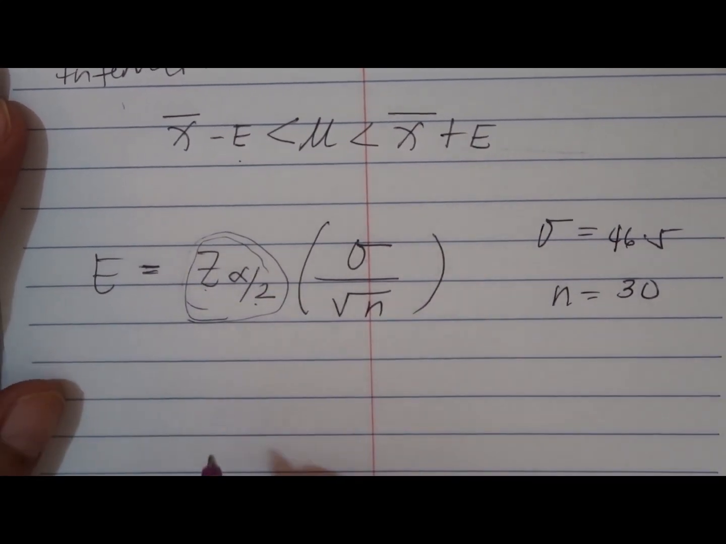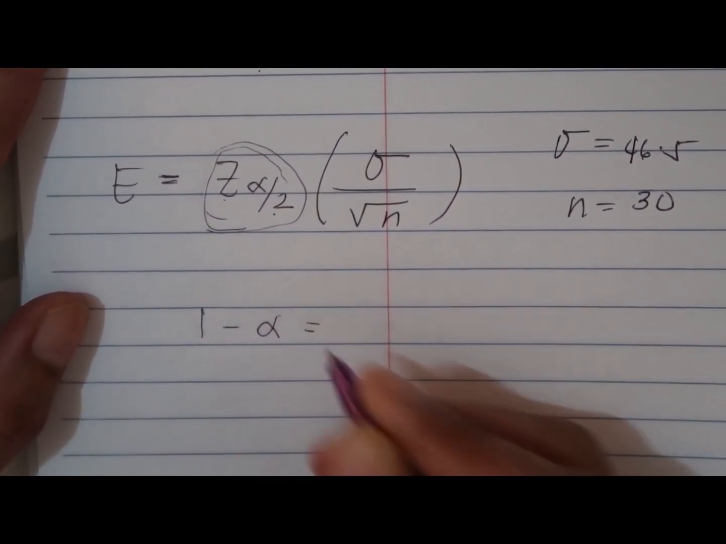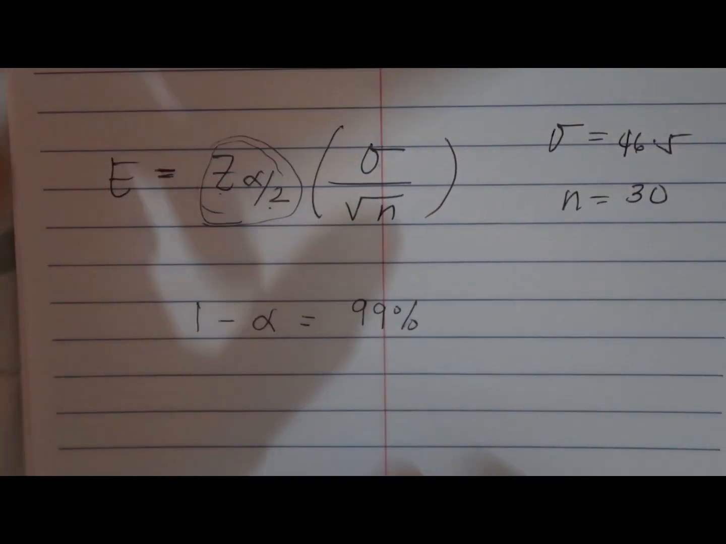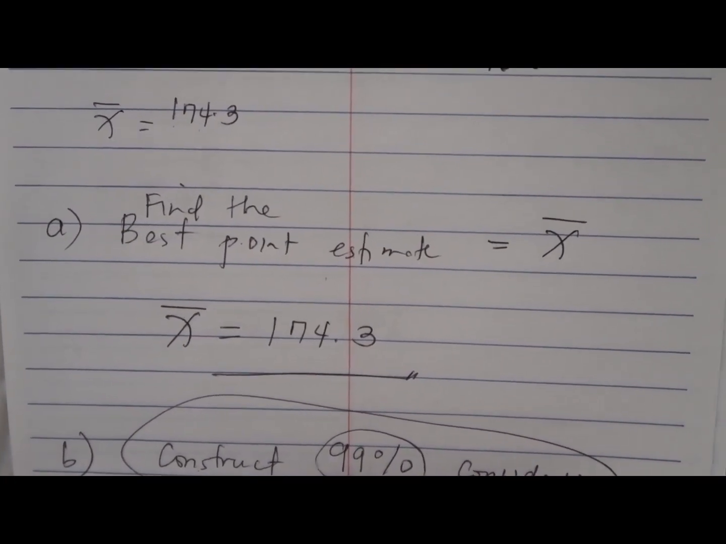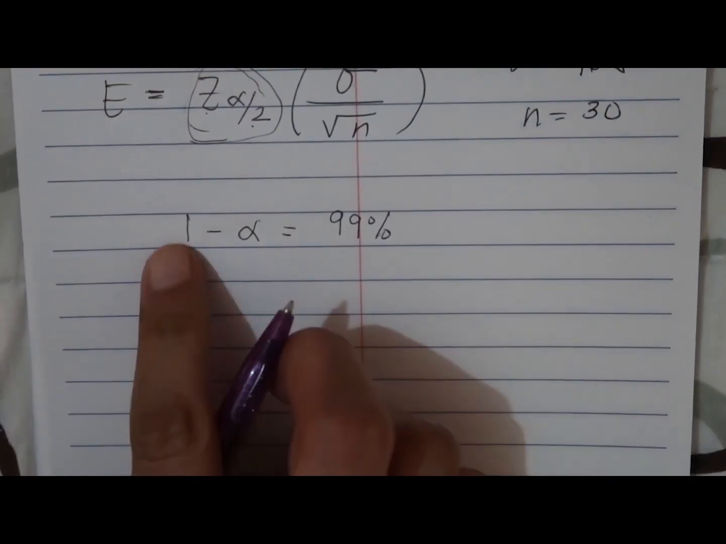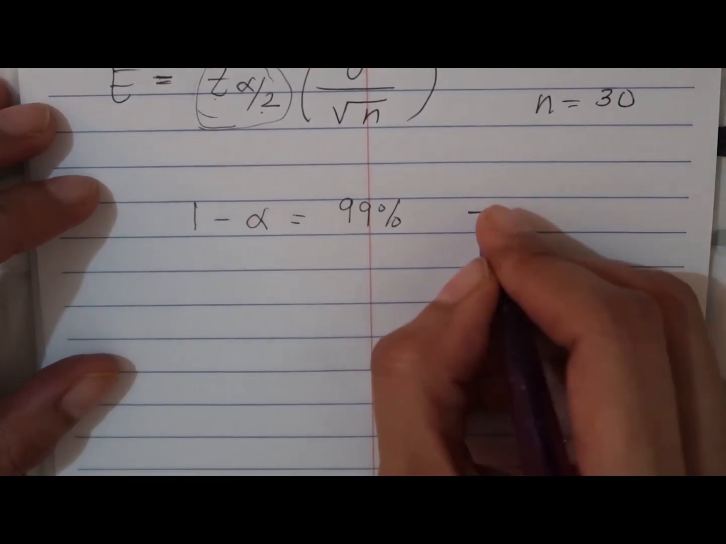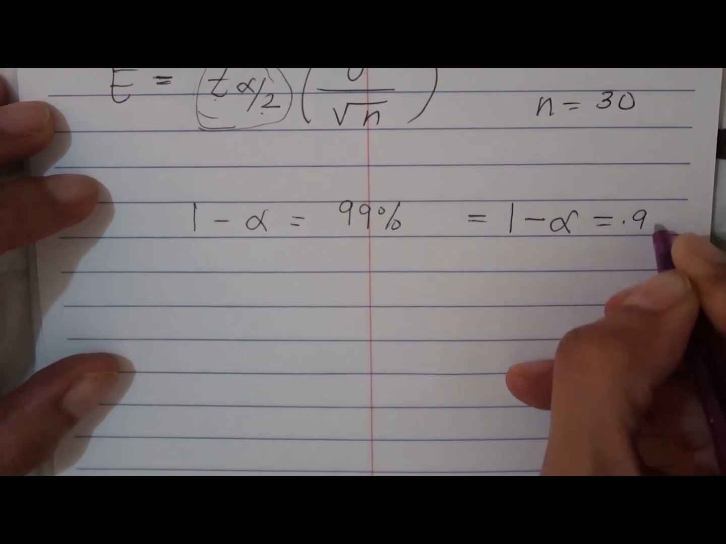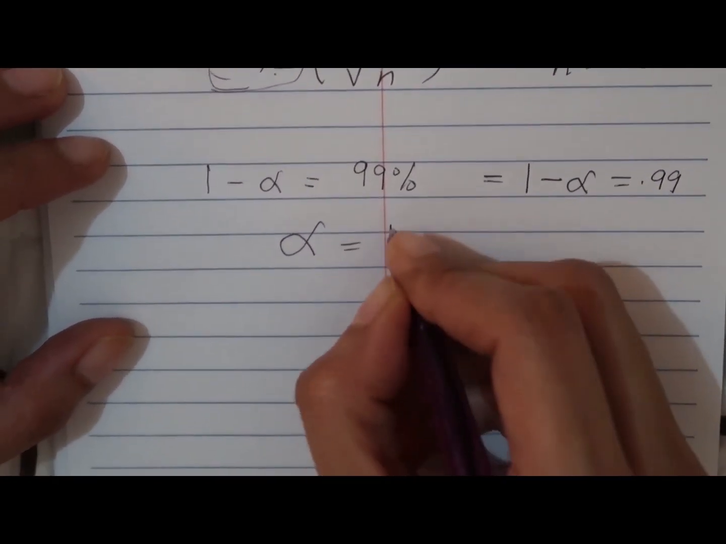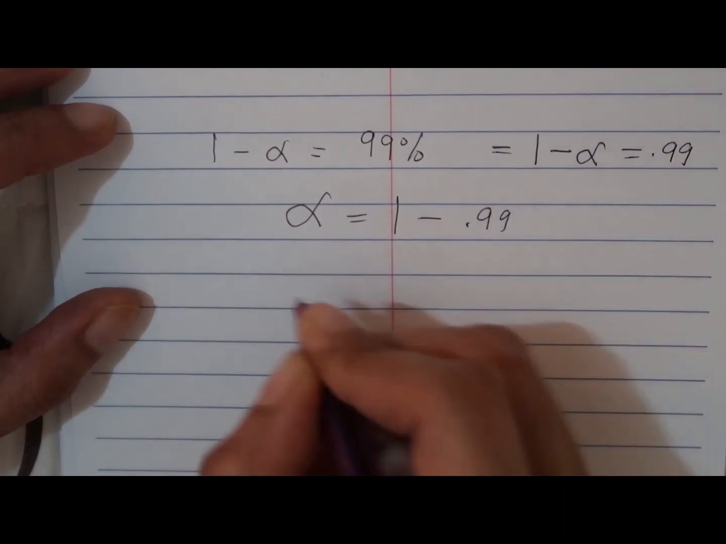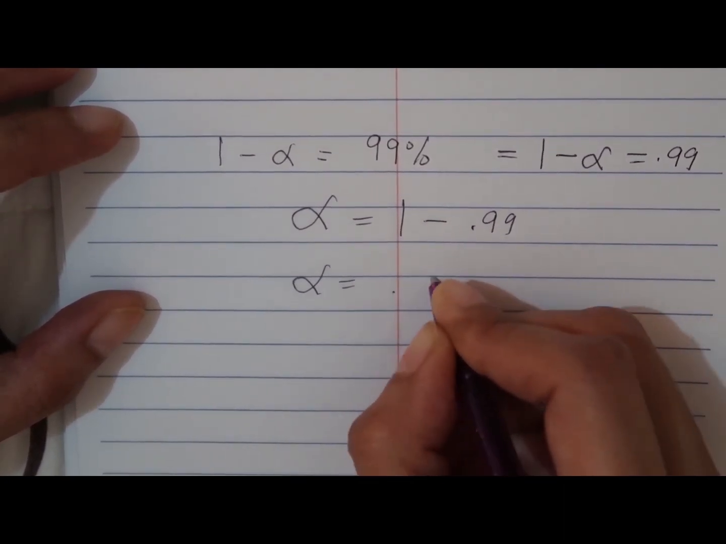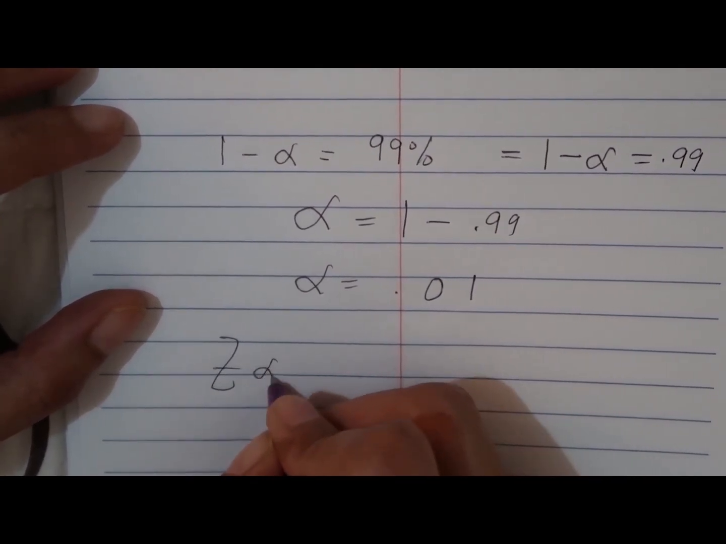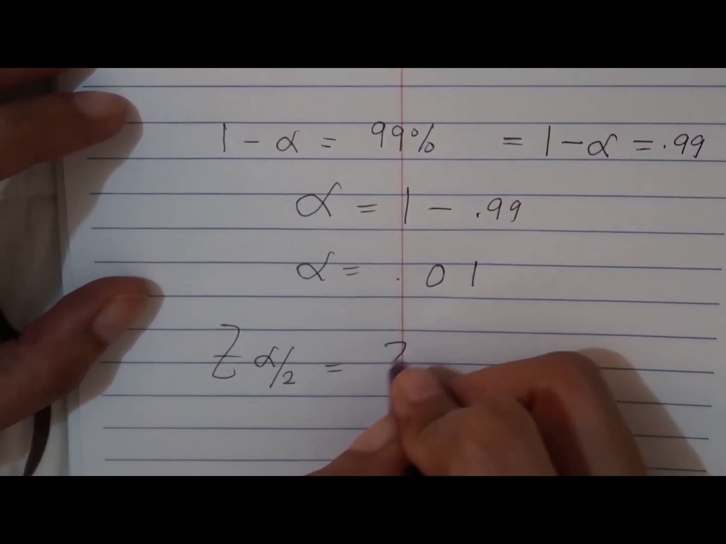Z alpha over 2. Remember that 1 minus alpha is equal to 99%. Why is it 99%? Because it's a given. The given confidence level is 99%. So 1 minus alpha equals 99%, or simply 1 minus alpha is equal to 0.99. Solve for alpha: that will be 1 minus 0.99, so alpha is equal to 0.01. Okay, so to determine the alpha over 2, that will be z